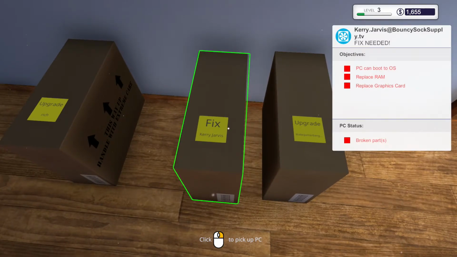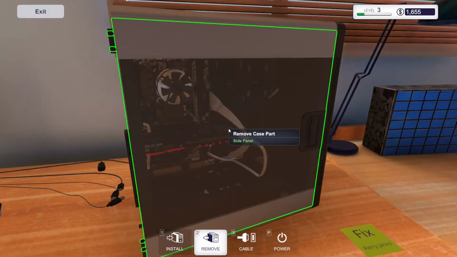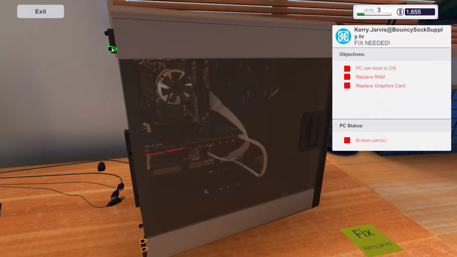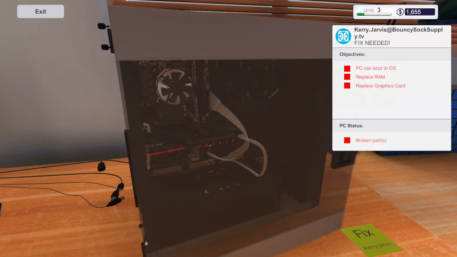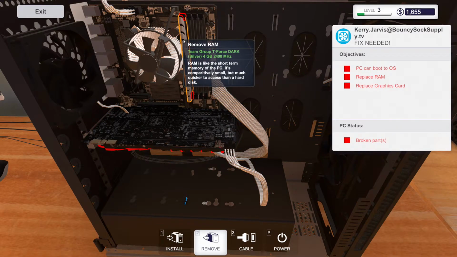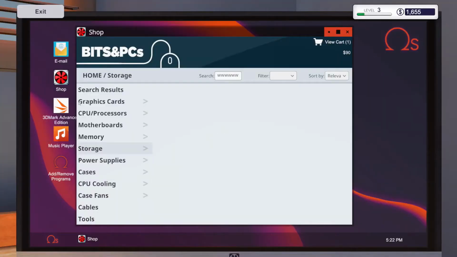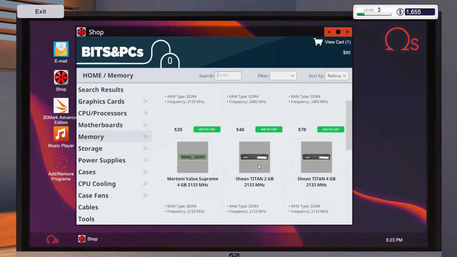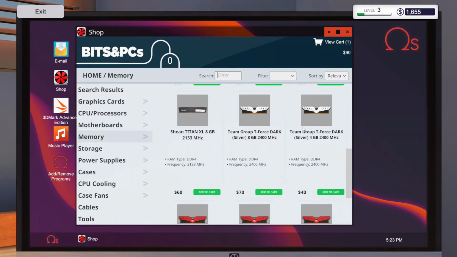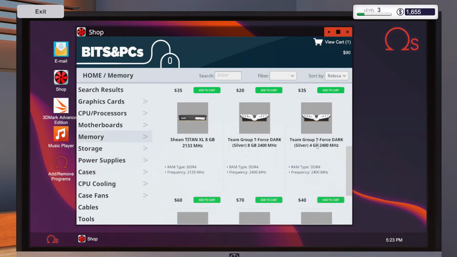Next, we need to replace the RAM and the graphics card's broken parts. So we're going to drop that there. We'll see what graphics card they got and what RAM they got. They have a 4 gigabyte GeForce Dark Silver and a 1050 Ti. So we go to the memory first. Here it is, 4 gigabytes. We're actually going to get them the... no, we're not. Dark red. It's this one, but I don't know. Should we get the...